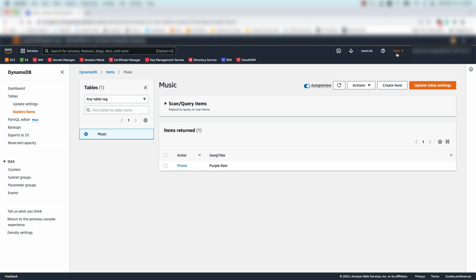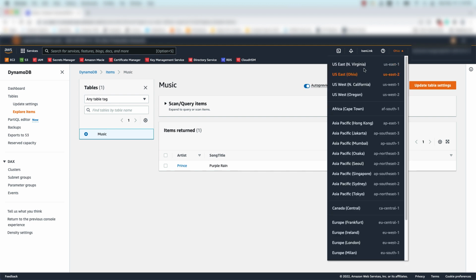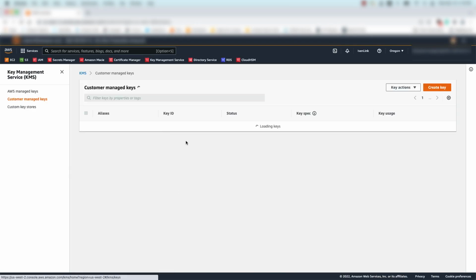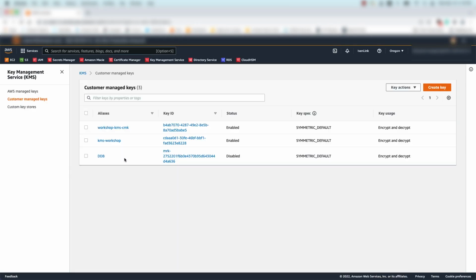Now let's change our region to US West 2 and take a look at the KMS console. Here you can see I have a replica key, but it's disabled. I did this to demonstrate what would happen if this multi-region replica didn't exist.